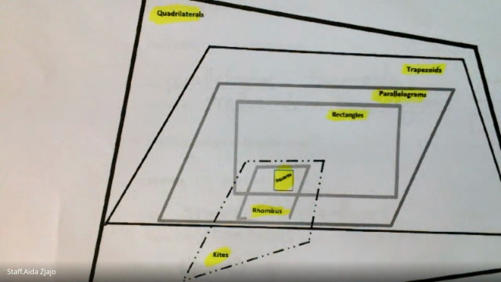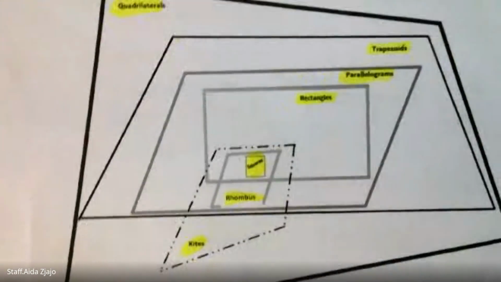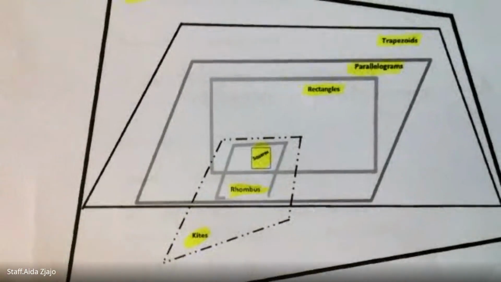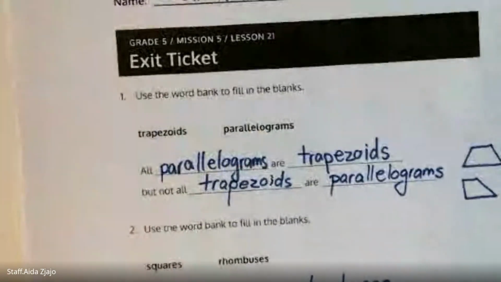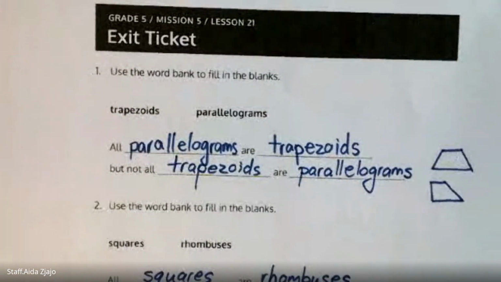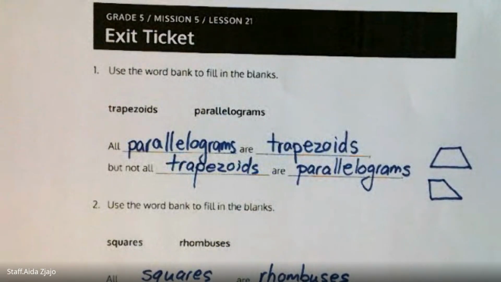They're more regular shapes. Okay, that was lesson 21 exit ticket question 1